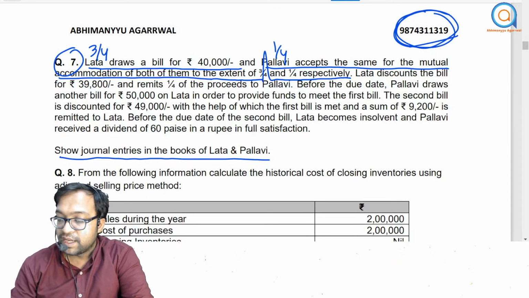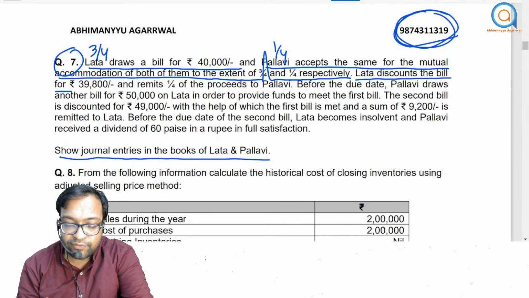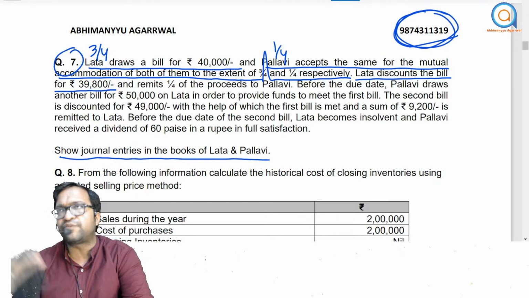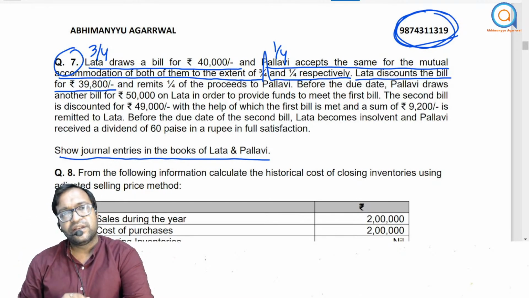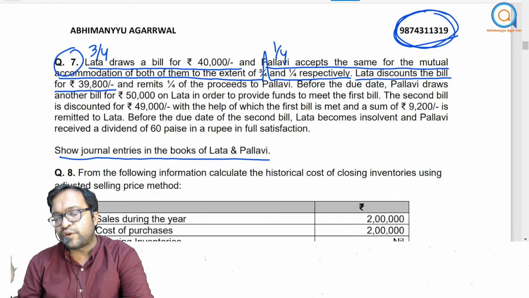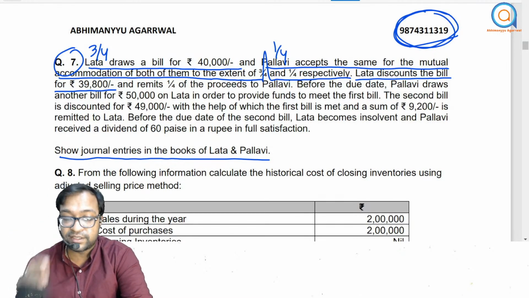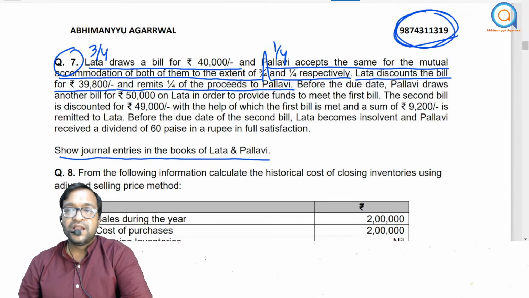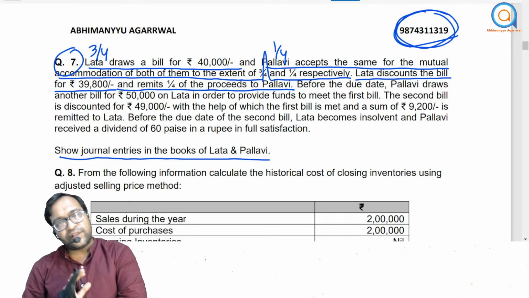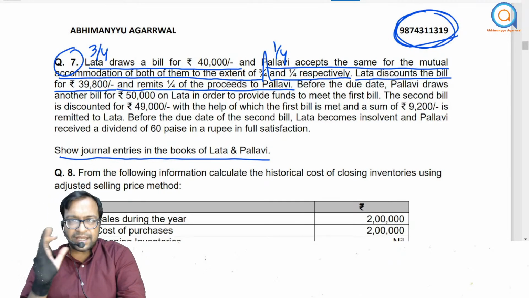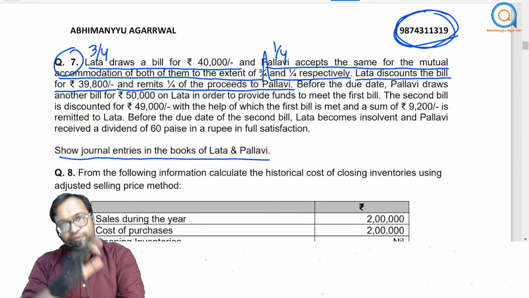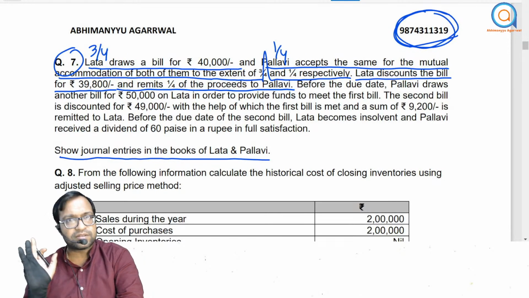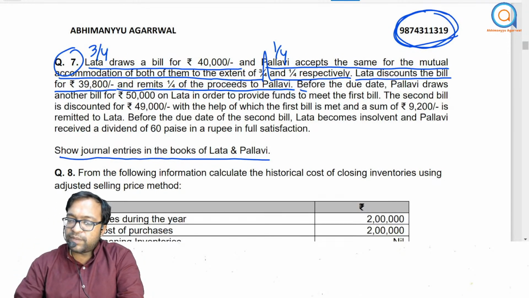Correct? Lata discounts the bill for 39,800. So Lata has discounted the bill. After receiving the money, she will give away 1/4 of the money to Pallavi together with discount. You know this. And remits 1/4 of the proceeds to Pallavi. Same thing. So that means 3/4 money is left with Lata. So Lata is supposed to pay 3/4 of the bill amount to Pallavi on maturity. This much everybody knows. Correct? But before the due date,